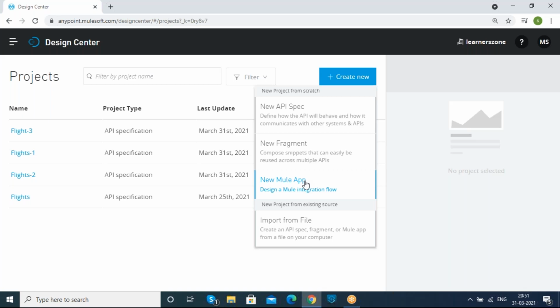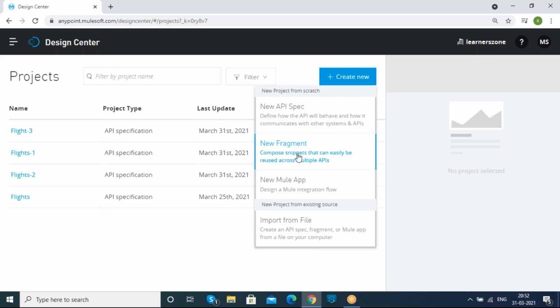But most of the connectors and the total architecture of this Mule app are not yet developed. So we are not going to develop the APIs in this new Mule app as of now. Anyhow, I'm going to show one of the APIs for you. And the new fragment option is just for the reusability concept, we will be using the fragments.